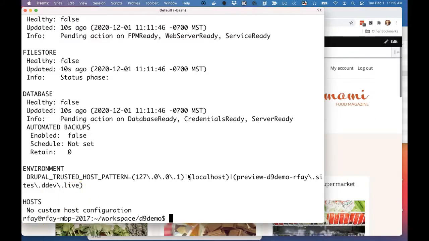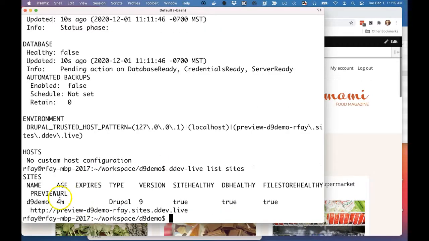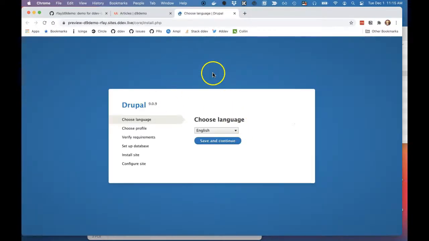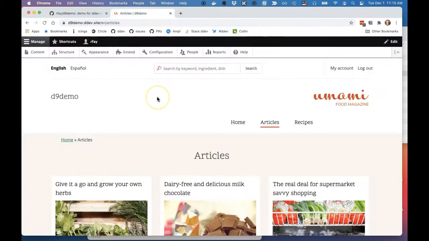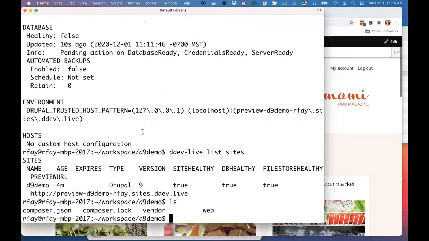Okay, I let that sit for a couple of minutes so that we could get it all caught up. Now if I do a ddev-live list sites, I should see it, and it's got a preview URL, which means that it's ready. So I'll click on it, and you see it wants to install, but what we're going to do is take my local and push the artifacts up to it so that we don't have to do an install or anything like that there. So I am going to